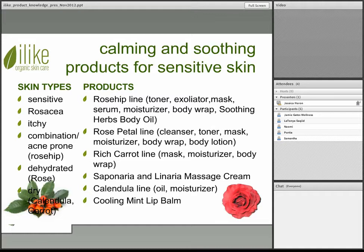The rose hip gel mask is a water-soluble gel product. You can use it with electrical stimulation. It's also going to have properties that soothe and calm the skin with soothing and cooling peppermint. And of course, the rose hips provide that property as well and tone and tighten the blood vessels. So for rosacea or Couperose skin types, this is a great product line to really minimize the appearance of the